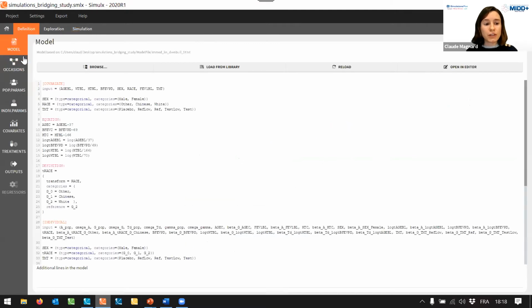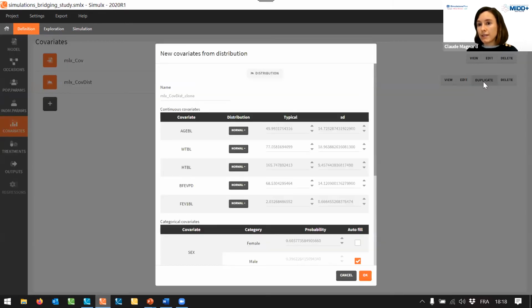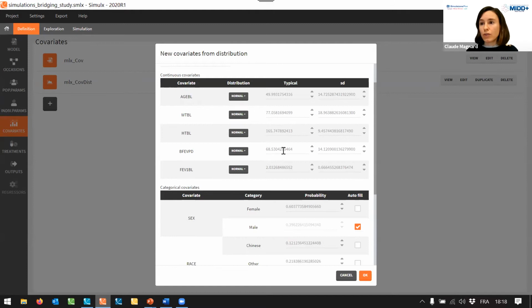So I'll go to the definition tab in covariates, and I want to define elements corresponding to new Chinese populations treated either with the reference or with the test treatment. To do this, I will duplicate and modify the elements that were imported from Monolix, because like this, I can reuse the distributions derived from the dataset for covariates that are the same for the different races, so age, height, sex, etc. And to characterize a Chinese population better, I will only change the values for weight,